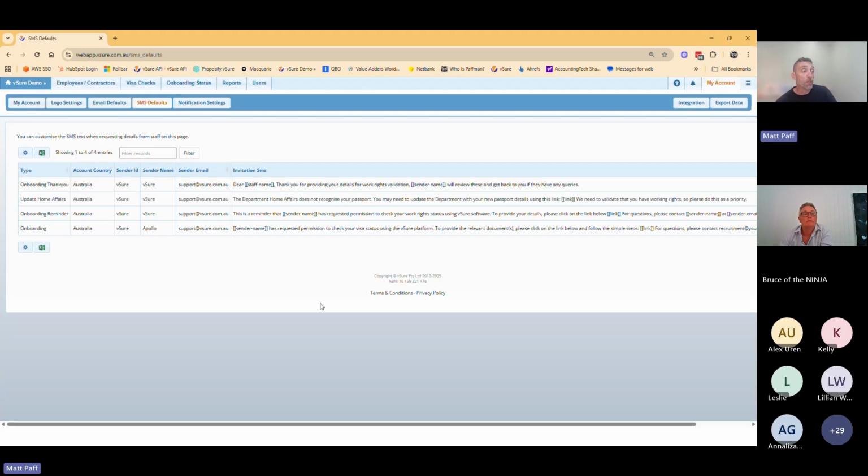Now, one thing that we will be doing before the end of the year is allowing you to add custom templates. At the moment, we're limited to those 4 templates, but we have structured it in a way that we'll be able to add templates over time. Some of those examples are a template for primary student visa holders and the collection of course dates, where you just want to send out the course evidence date request, which we'll talk about later in the session. Effectively, that'll be a template that you'll be able to set up. So we will add an unlimited number of templates into the system.